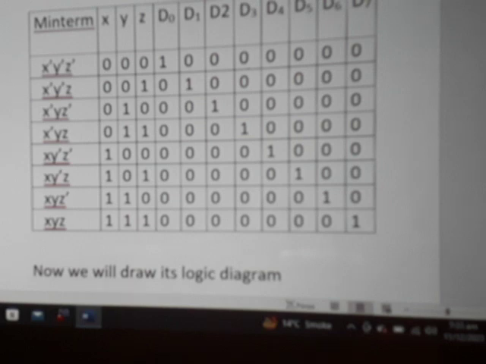The inputs of the second are X dash, Y dash, Z. Similarly, X dash, Y, Z dash are the inputs of the third AND gate, and in this way the last minterm is X, Y, Z, which are the inputs of the last AND gate. So the logic diagram becomes